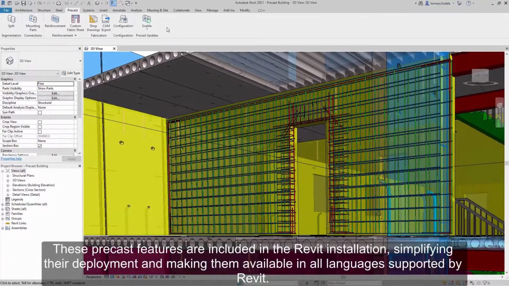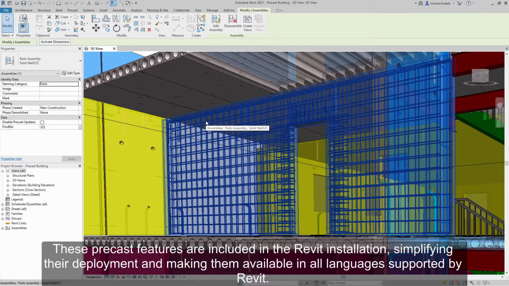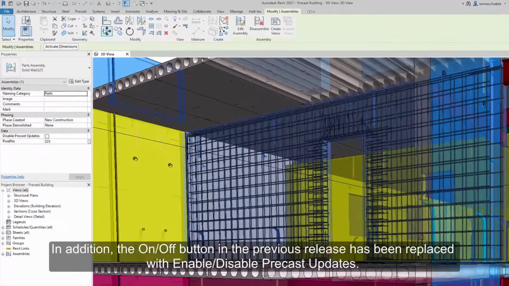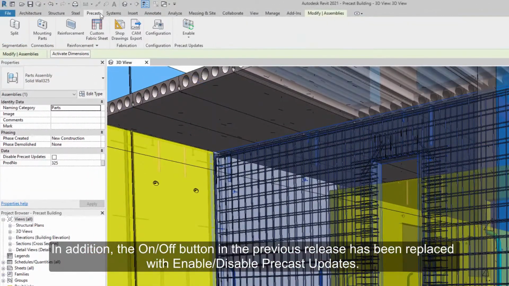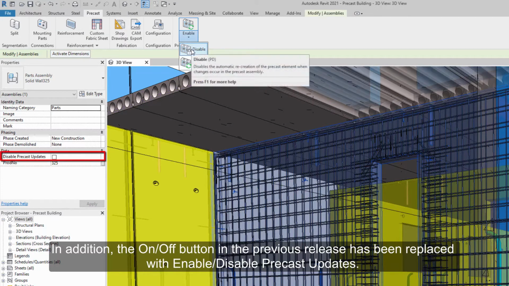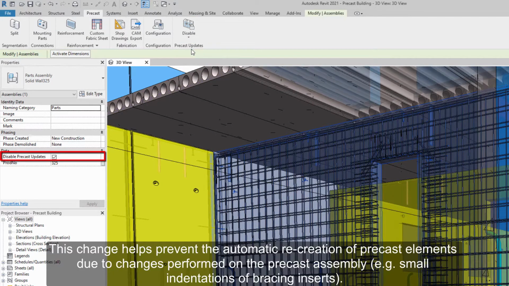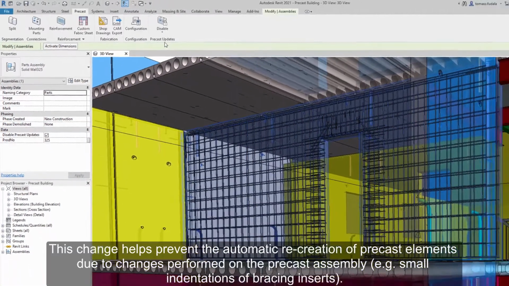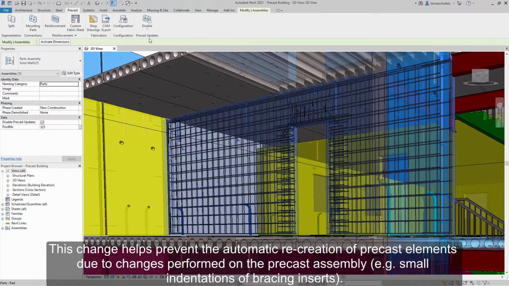These precast features are included in the Revit installation, simplifying their deployment and making them available in all languages supported by Revit. In addition, the on-off button in the previous release has been replaced with enable disable precast update. These changes help prevent the automatic recreation of precast elements due to changes performed on the precast assembly.